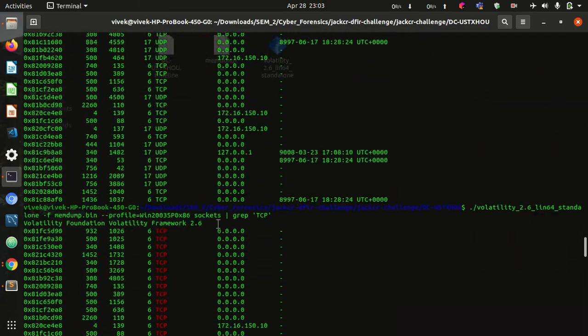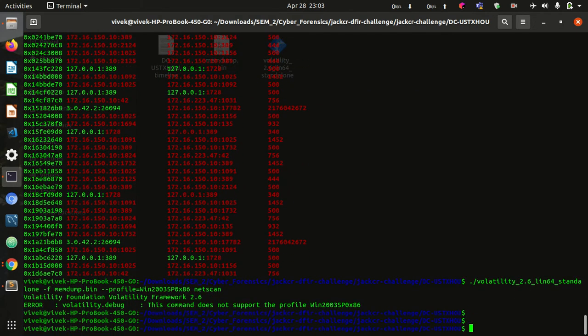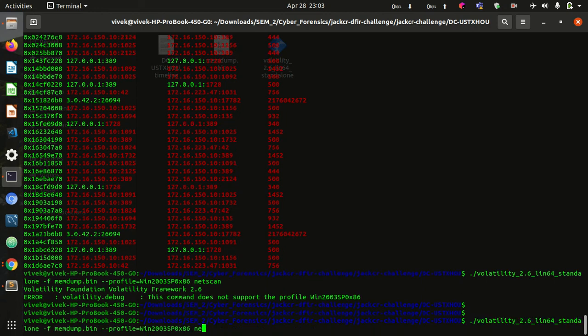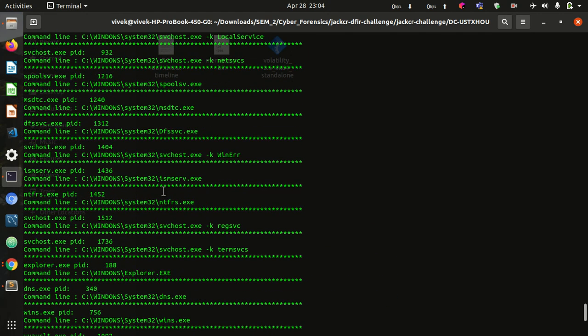So these were the 3 important networking commands. There are other commands also, like if you want to know the history of what the user was doing, like the command line history, what commands the user ran before the system crashed. For that we have the cmdline command. This command lists all the last executed commands by the user.